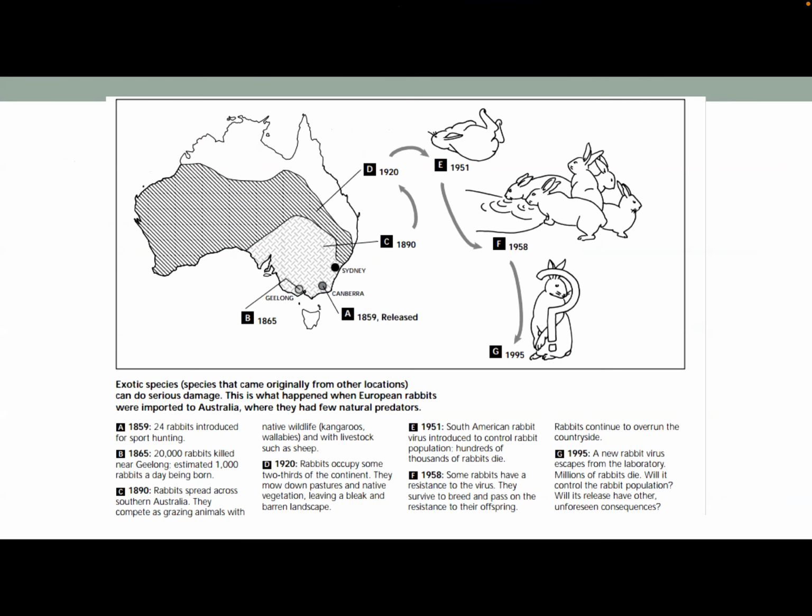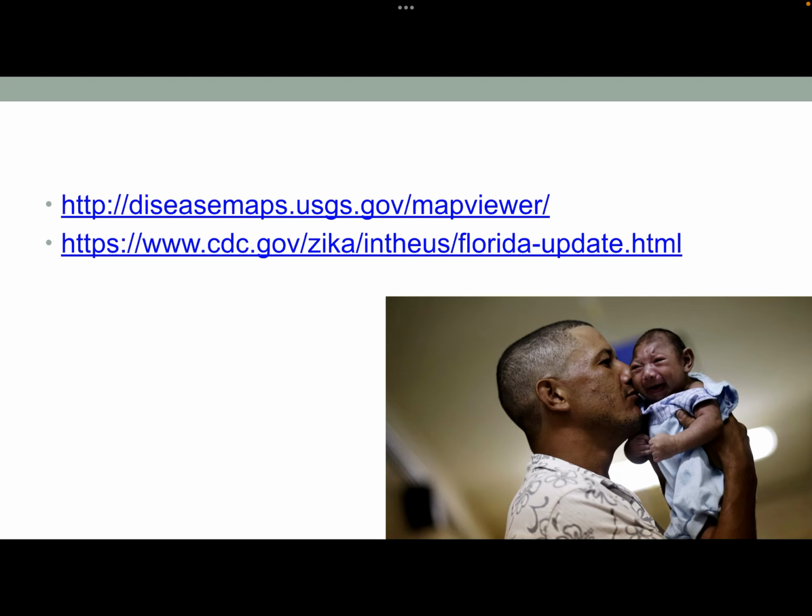All right. Okay, so sorry about that. 24 hunting rabbits, guy named Thomas. And then you can see through time, they just are completely taking over the continent, and they start to release viruses and the mutations and adaptations happen. And so I'll show you the video about the viruses, but they still have a rabbit problem. Okay, even Zika,